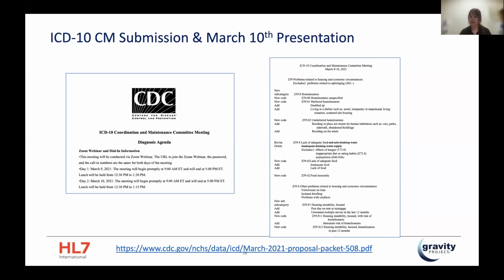We are working, I do want to promise everyone, with the World Health Organization to try to get as many of these concepts as possible into ICD-11. We know that's a few years out, but we've already learned so much from our work. We're trying to make sure we advocate for the next version of ICD to be able to represent these concerns.